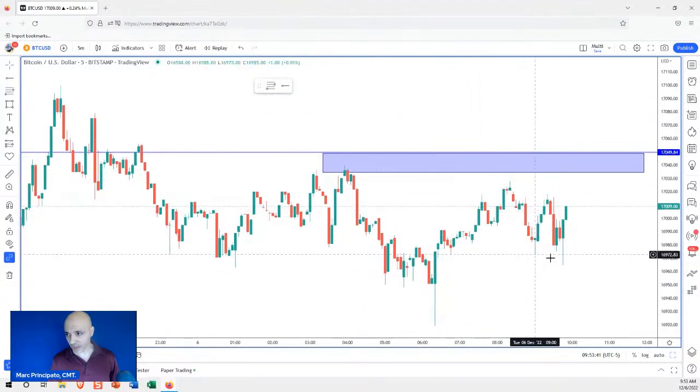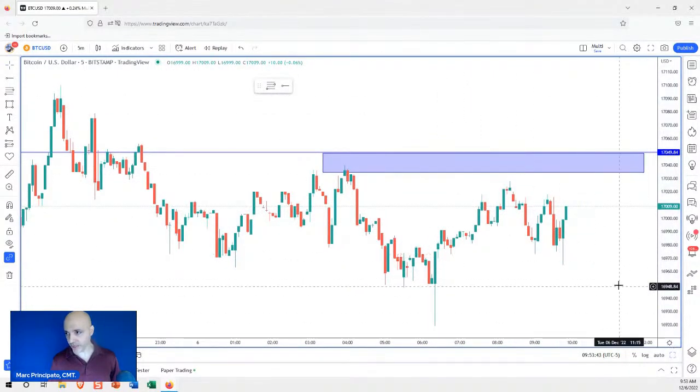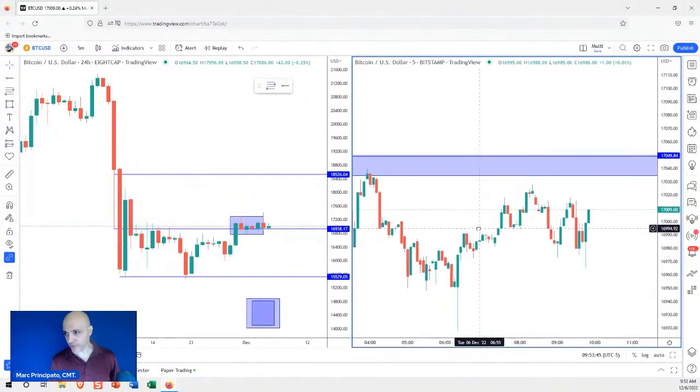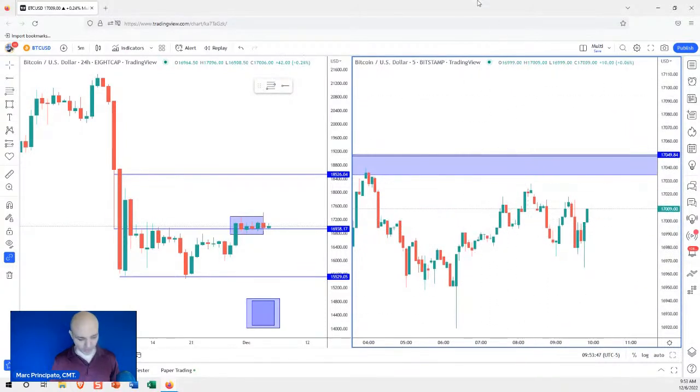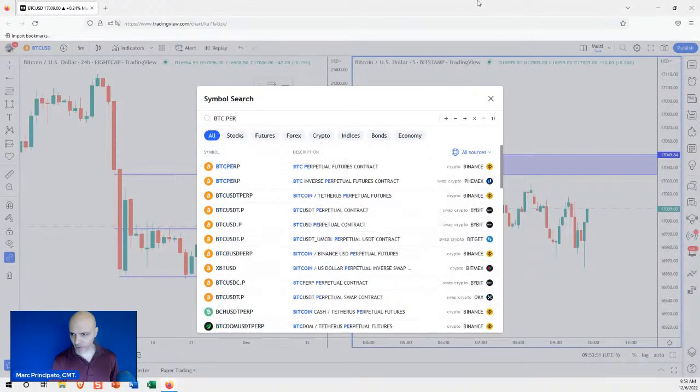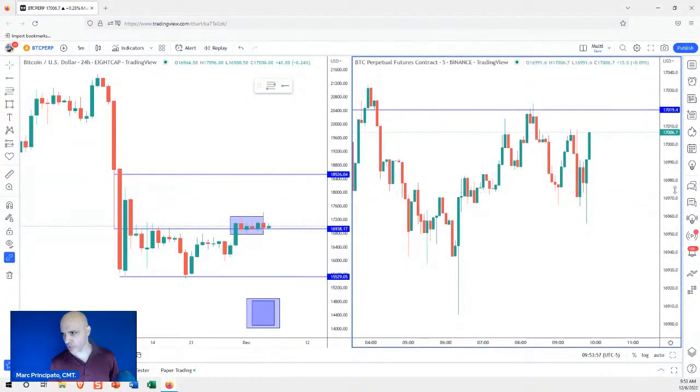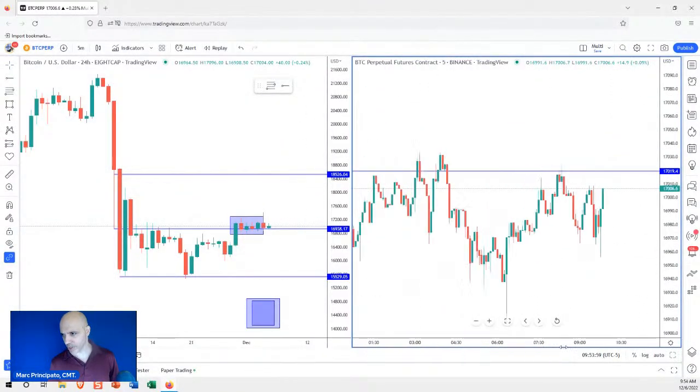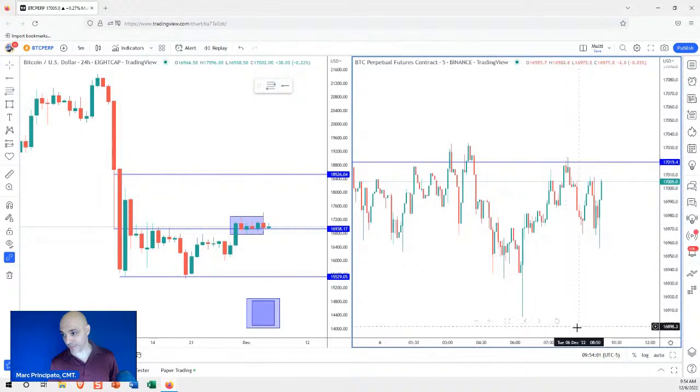Now, while we're waiting for Bitcoin to do something interesting for us, we're going to leave this 5-minute chart. Oh, I have to change it to the perp chart. Okay, hold on. So let's go to BTC perp. All right, and we'll put the Binance chart up. Again, you should be in one of these perp charts. I still have a line. Look, that line is there from yesterday.